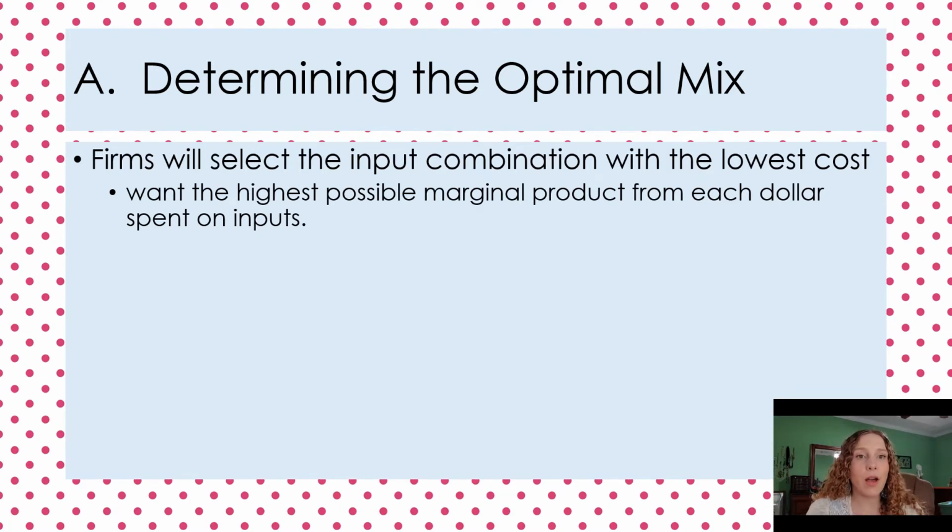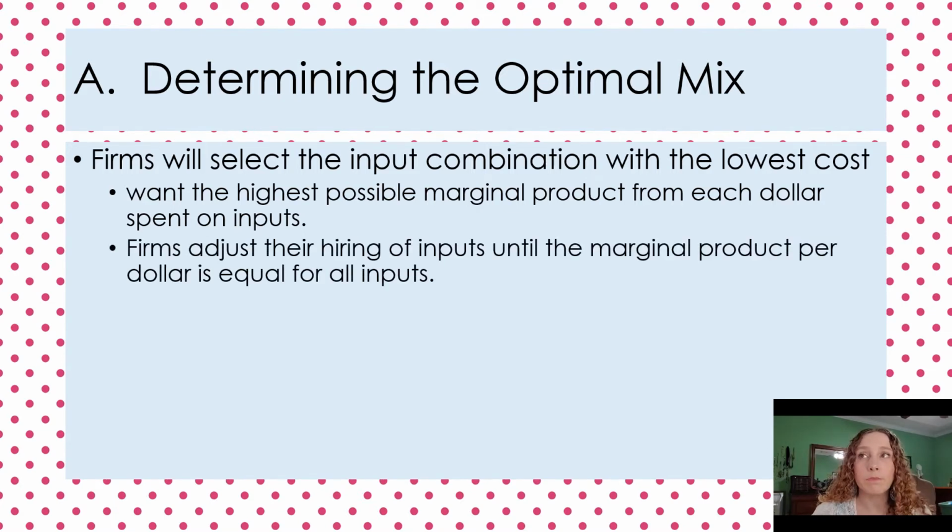In order to do that, what they need to make sure happens is that they have the highest possible marginal product from each dollar spent on input. So they want to make sure that every dollar they're spending on labor, every additional dollar they're spending on capital or whatever, is getting the maximum additional units, the marginal product, from those resources they are employing. And firms are going to adjust their hiring of inputs until the marginal product per dollar is equal for all